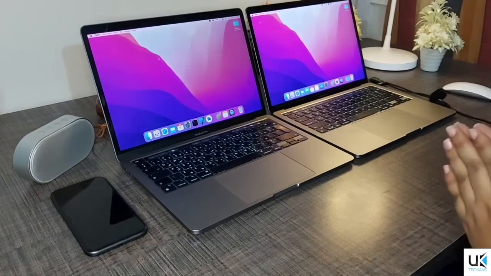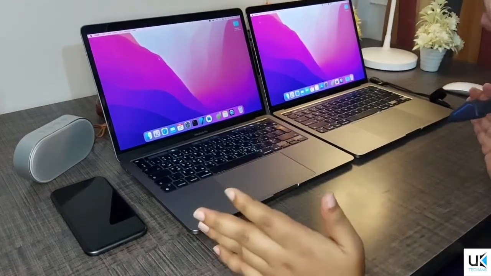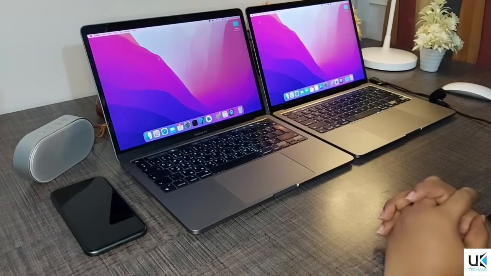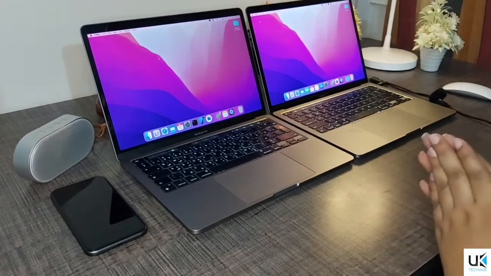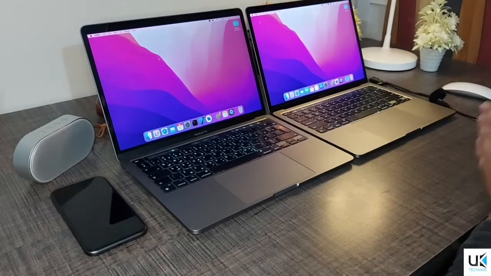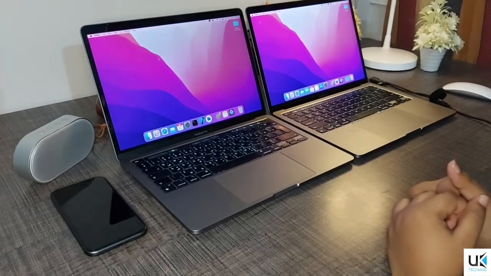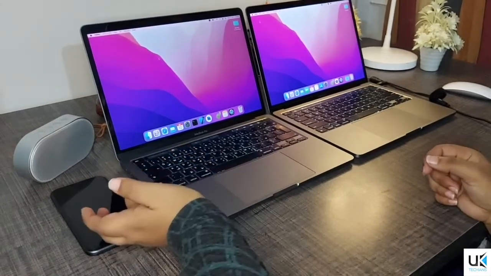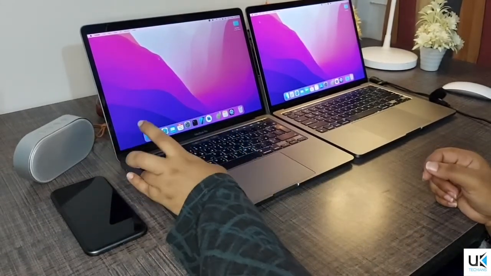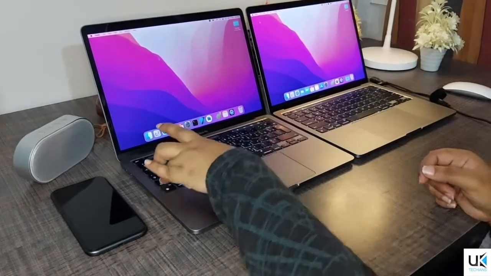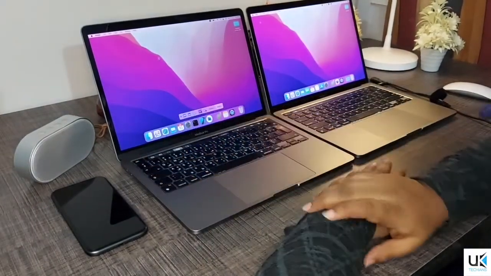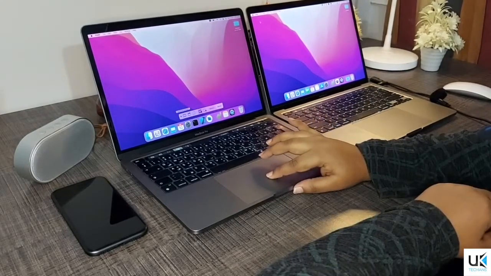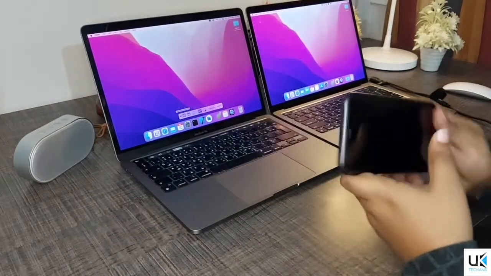So let's begin. First, if you are new to Apple, you have an online meeting and you want to record some video and you don't know the trick, the MacBook Pro also has this feature to record the screen. So just use this trick: Command, Shift, and 5, and you will get a small pop-up that shows some specific